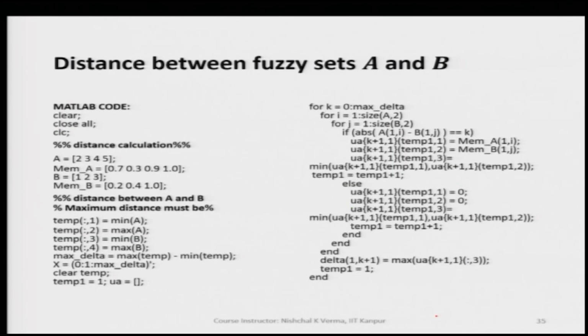Now, we have a MATLAB code here. If you are interested, you can make use of these MATLAB codes. You can compute the distance between two fuzzy sets A and B, and then you can generate the resultant fuzzy set. This is the same code that was used to generate all these figures, plots and